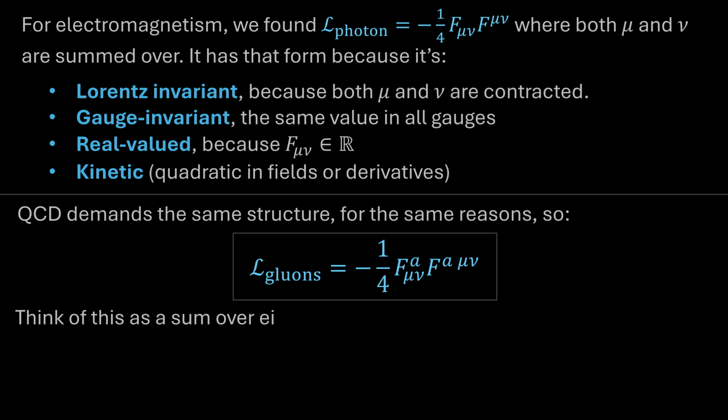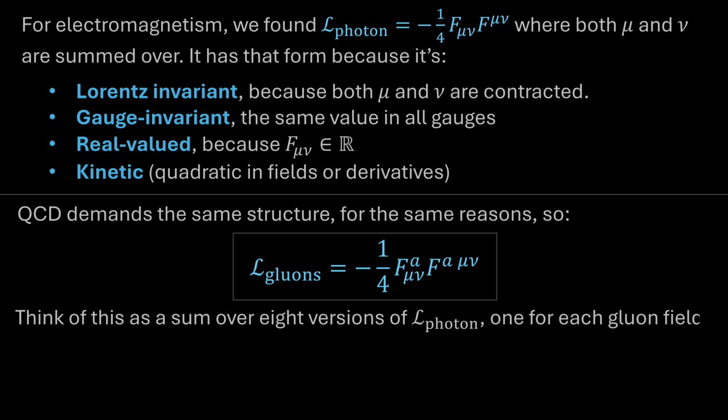So in other words, all we're doing here is we're taking exactly the same expression for the photon's contribution to the Lagrangian in electrodynamics, and we're saying that is going to be precisely the gluon's contribution to the Lagrangian of chromodynamics. And the only difference is that we have 8 gluon fields instead of the 1 photon field of electromagnetism. See, because in this expression, we're summing over a.